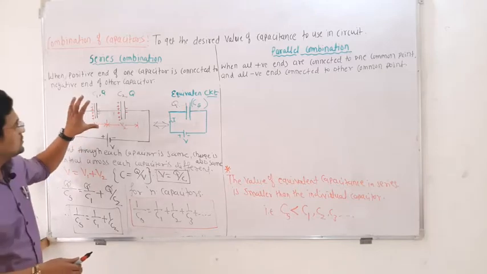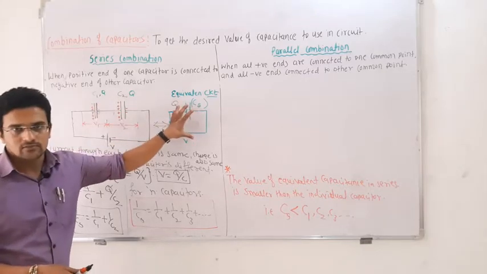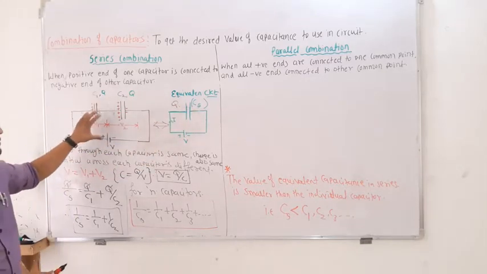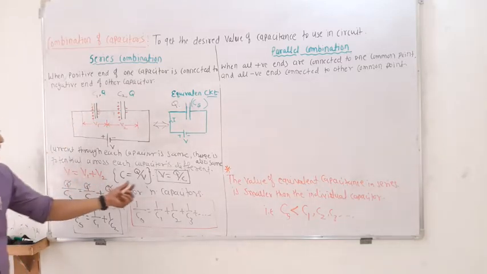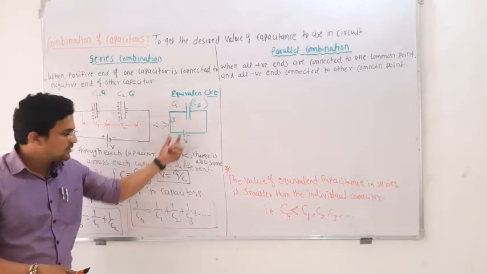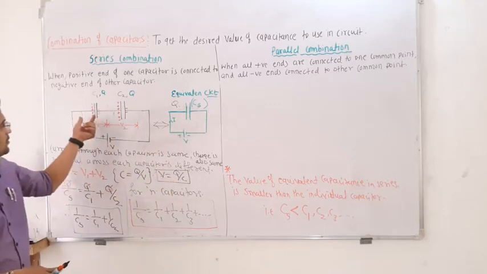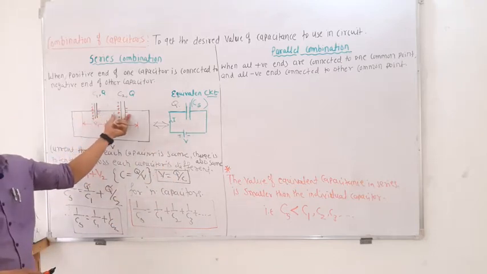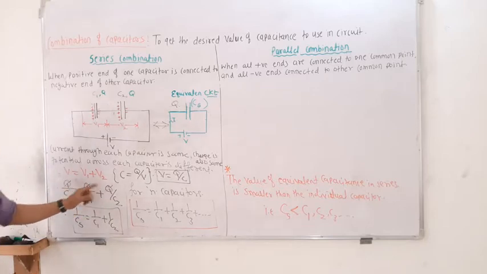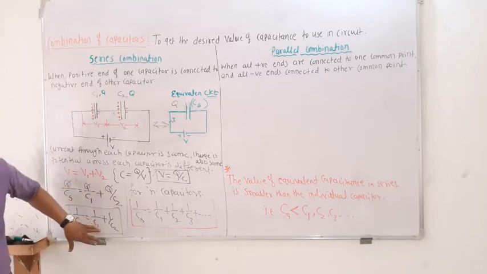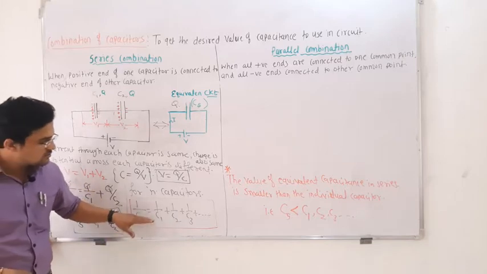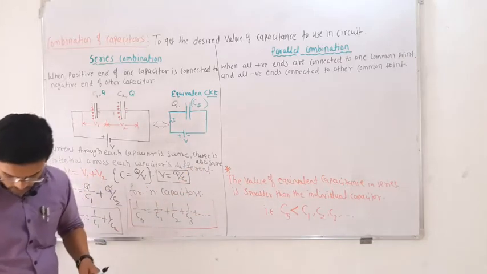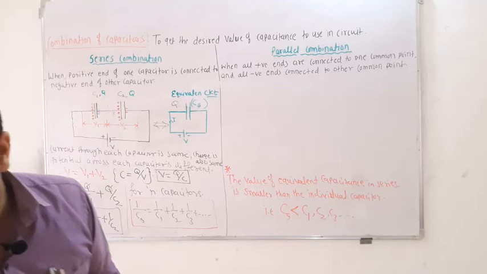So this is the actual circuit, this is the equivalent circuit. The charge will be the same, the current will be the same. Hence this V equation can be applied to this circuit, and the other equation can be applied across C1 and across C2. According to that, place the values, Q cancels out, and you will get this equation. Now this is for two capacitors. If there are n capacitors, just go on adding. So just pause the video and write it down.